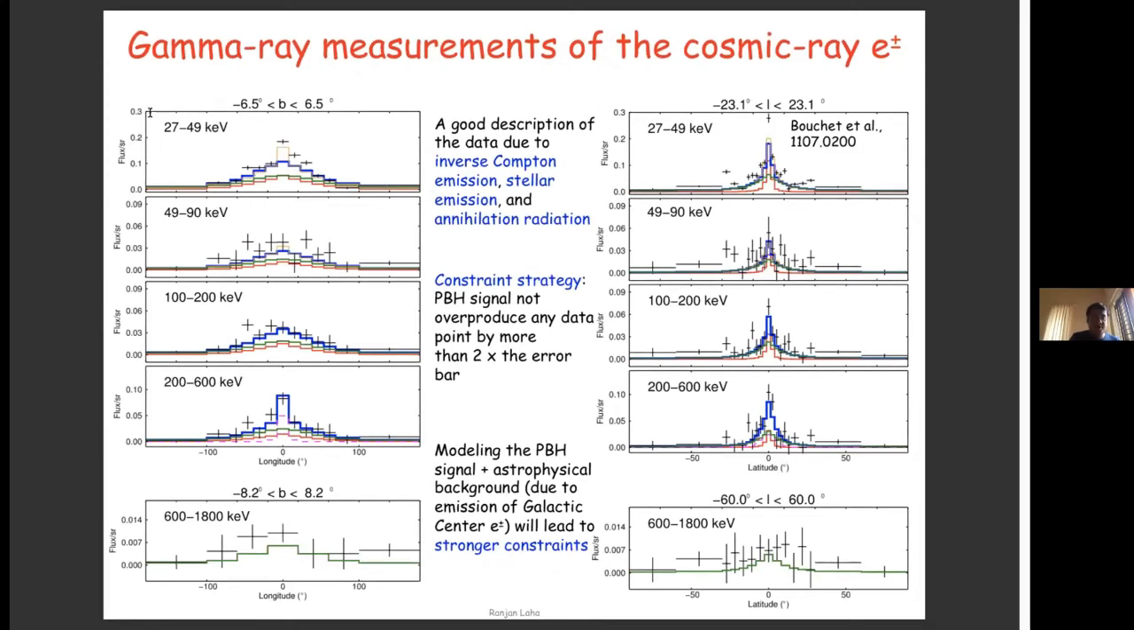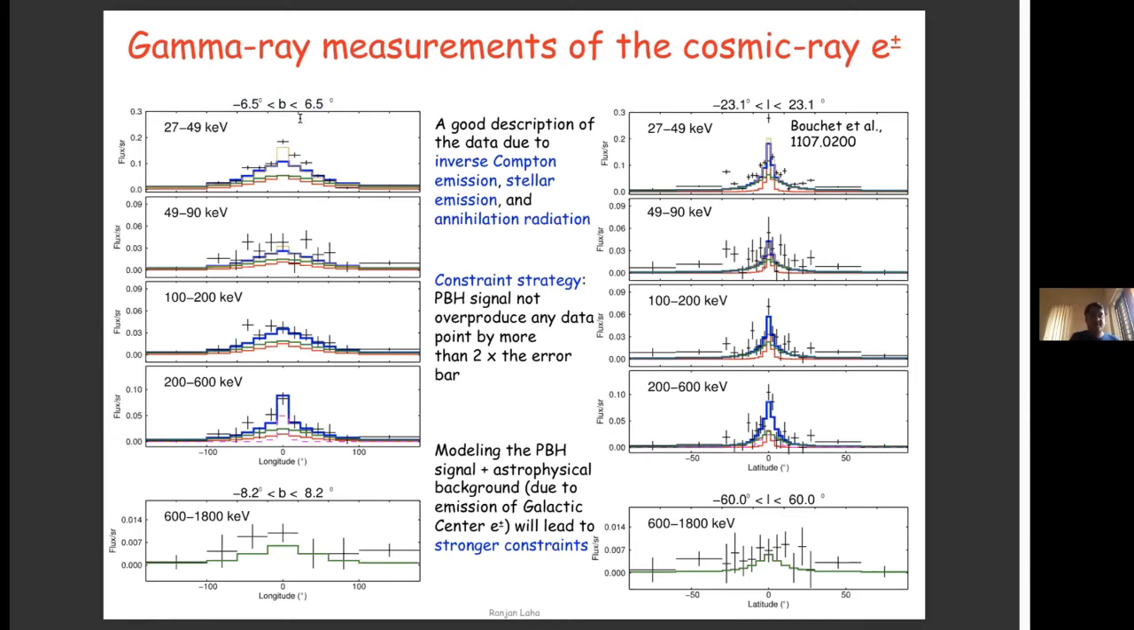What is being plotted on the y-axis is the flux per steradian for all of these things. Let me first explain just this part. Flux per steradian. On the x-axis is the longitude. For these four plots, the data is integrated over this latitude range from minus 6.5 degrees